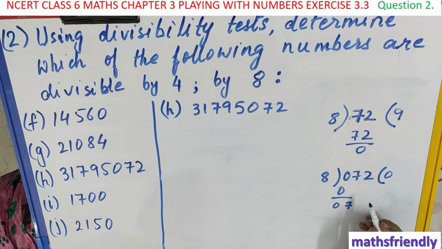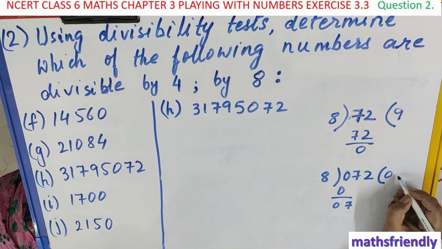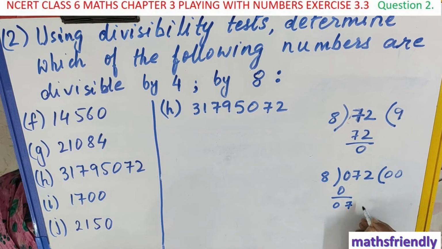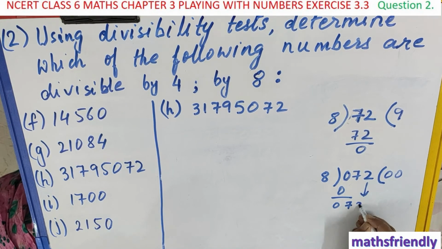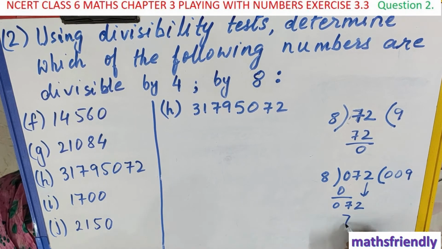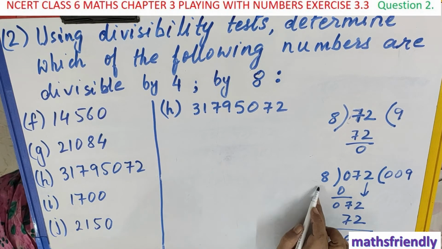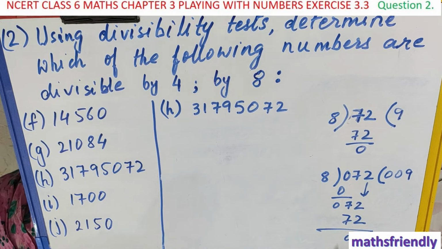Okay, and then with this 7 we cannot divide by 8, because 8 is bigger than 7. So we will write 0 and take this 2 also down, right? Now what we can do is 8 nines are 72. Okay, so now the remainder is 0. It means 072 is completely divisible by 8 because we got the remainder 0, and the quotient we got is